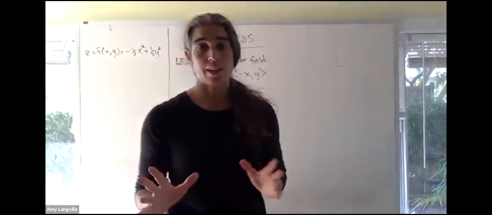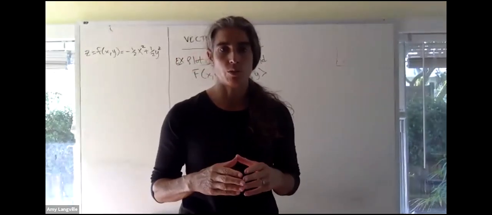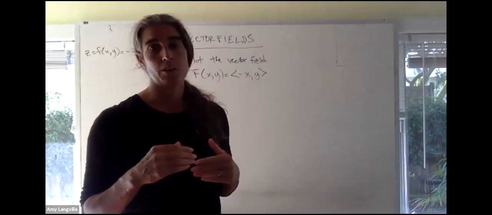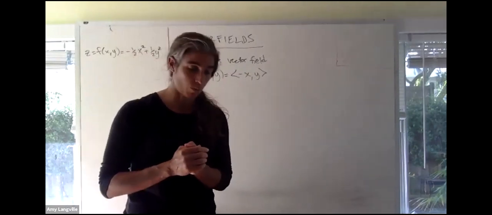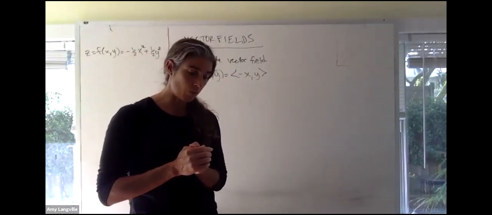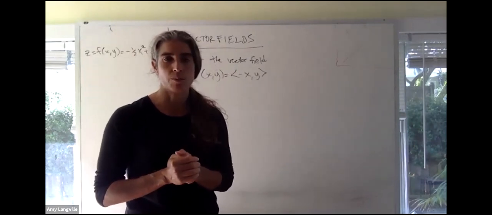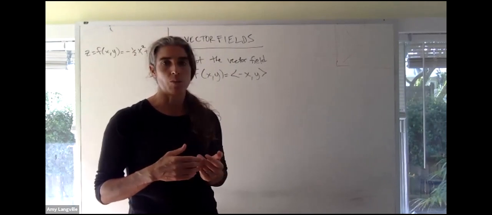Okay, hello class. Last chapter, chapter 3, book 3.5. So we are going to actually come upon something that we've seen before, but we're going to deal with it in much more depth. So vector fields we saw in book 3. When we talked about the gradient, we thought about the gradient as a vector field. So we'll return to that, but we're going to add quite a bit more this time when we think about